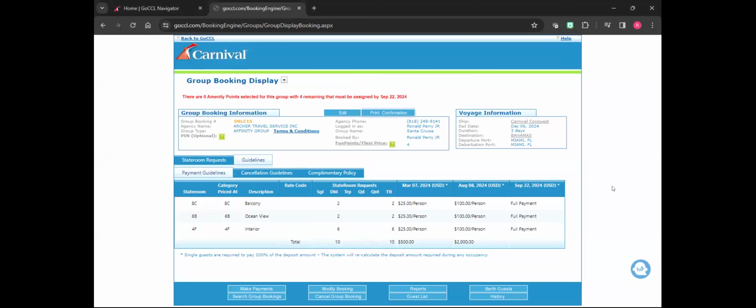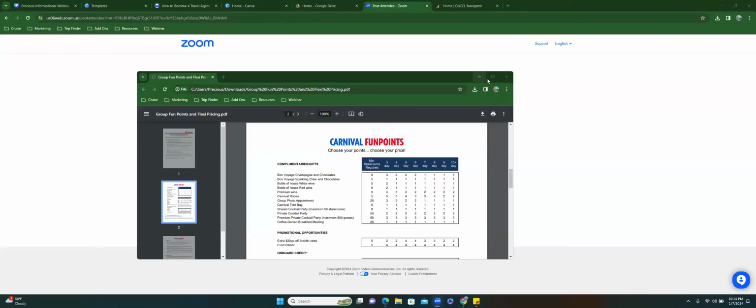You're going to have until September 22nd, which is the date of the full deposit, to select your amenity points. So I'm going to share my screen real quick so I can explain the amenity points. And then I'll drop this link in the chat later too, so that everybody has it. So let me share my screen. All right, so